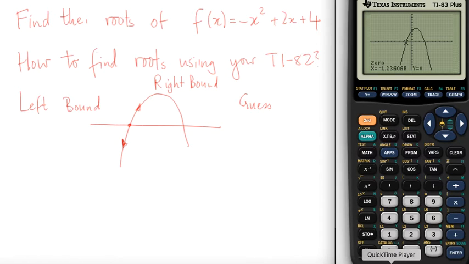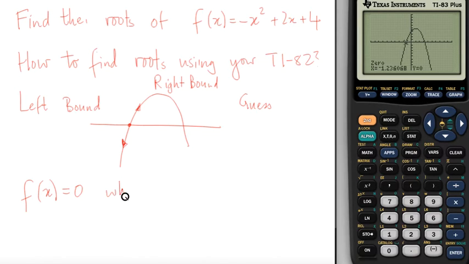And then you're given a value. So finding the roots is we're actually solving the equation f of x equals 0. F of x equals 0 when, and we're going to have 2 values in this case, x1 equals, and then I have to read off here and round, minus 1.24 to 2 decimal places,